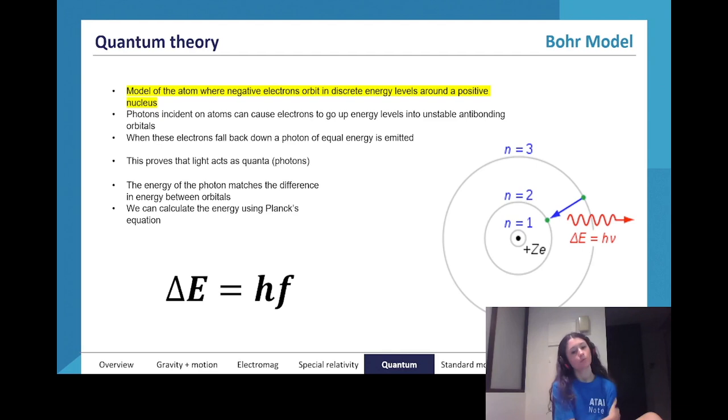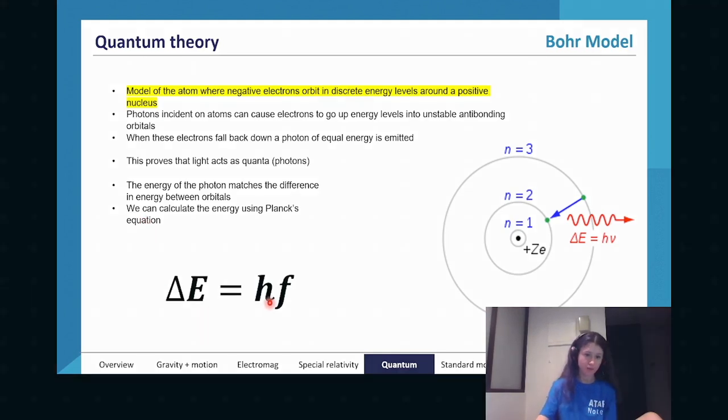This model proves that light can also act in discrete quantities, photons. The energy of the photon is going to match the difference between the energies of the orbitals. We can calculate the energy using Planck's equation, which is what we have here. Change in energy is going to be h